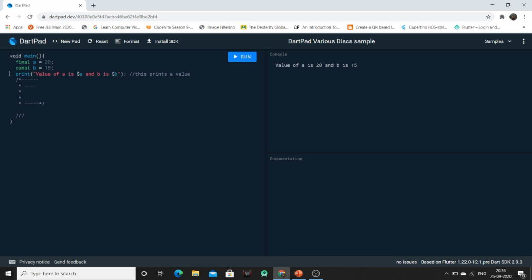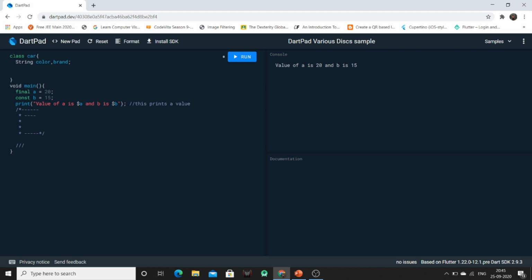So let's start with the implementation of a class. We can create a class using the keyword class. I'm going to create one class of a car and declare variables of type color and brand.